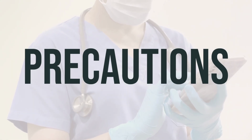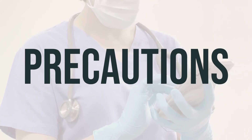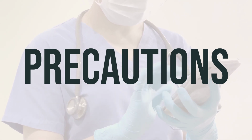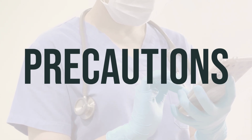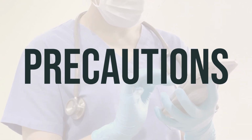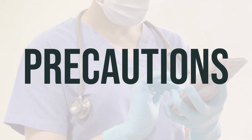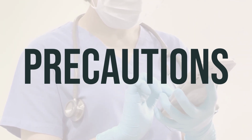Before taking Lessina, it's important to inform your doctor or pharmacist if you have any allergies to estrogens or progestins, as this medication may contain inactive ingredients that could cause allergic reactions. It's also important to share your medical history, especially if you have a history of blood clots, high blood pressure, abnormal breast exams, cancer, high cholesterol, depression, diabetes, heart problems, kidney or liver disease, obesity, stroke, thyroid problems, or unexplained